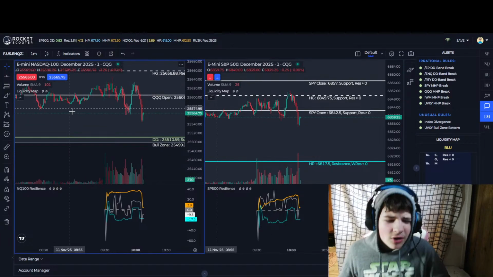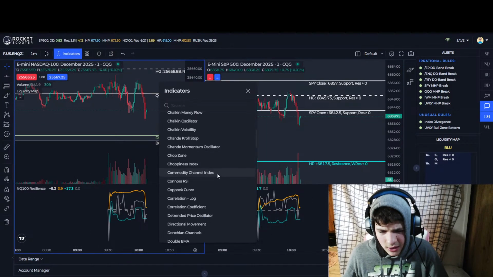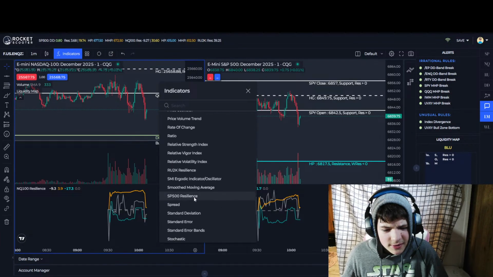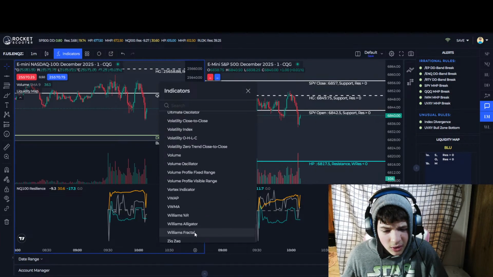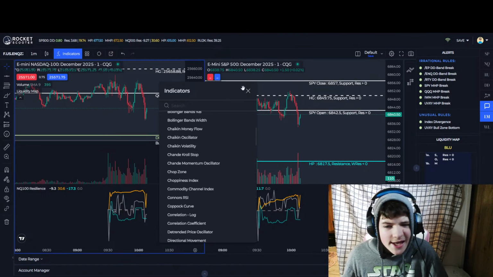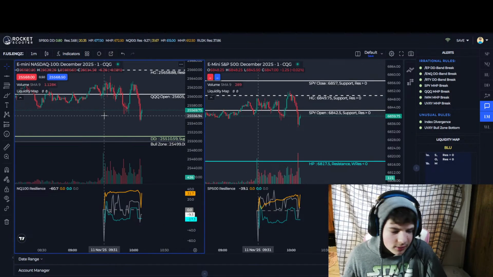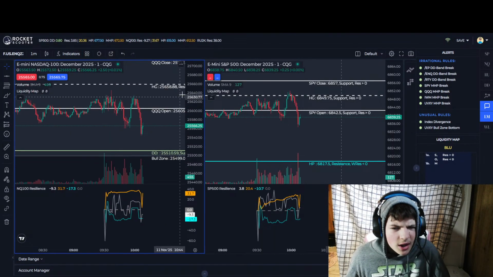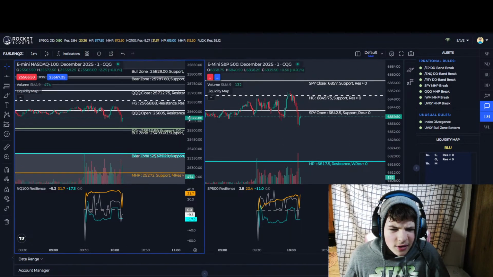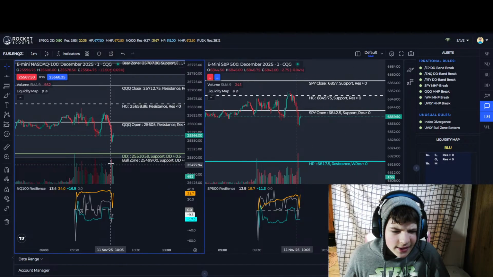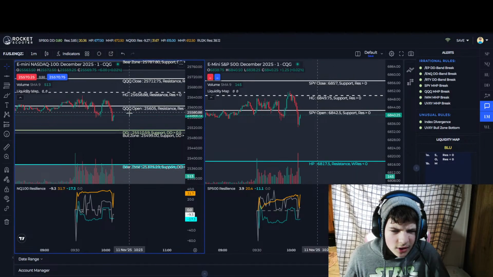I don't know if you can use other indicators though. It looks like there's a lot, but it's not the same as TradingView where you have millions of them. All this stuff here is indicators.